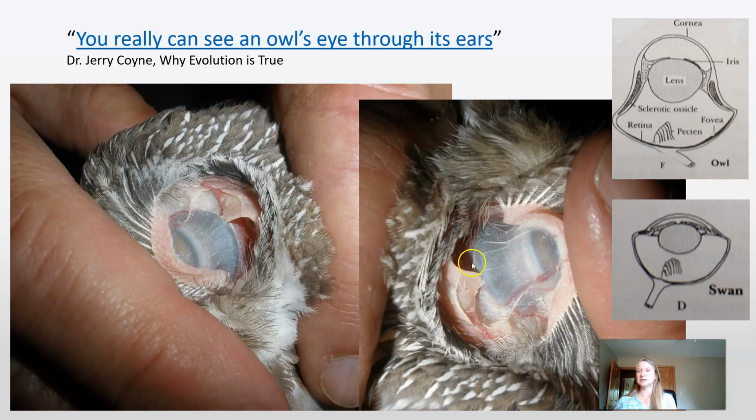This was a picture that we took. We always showed visitors the eye and then also the ear openings. So in saw-whet owls, they have ear openings that go up on one side and down on the other side, and that's to help locate sound. But again, here you can see this long tubular eye. So I ended up contacting Dr. Coyne and said, actually, that owl was alive. It flew off just fine. And I explained what we were doing. So you can click on this link and you can read about it. I shared some pictures from our banding station, and they talk about this a little bit more there.